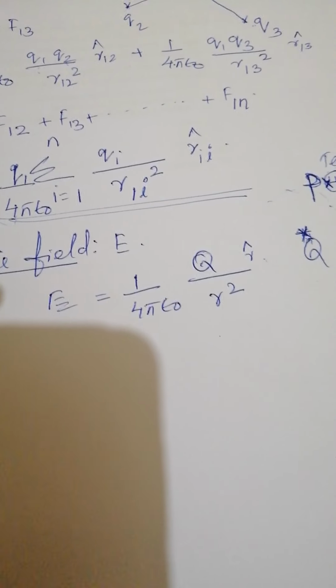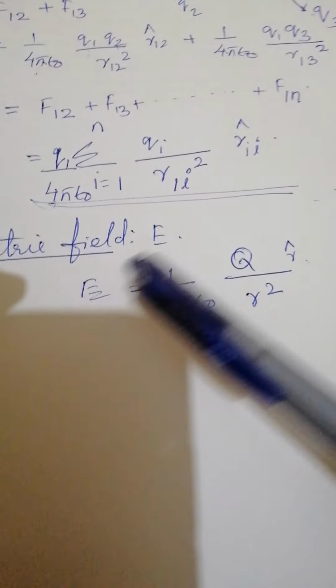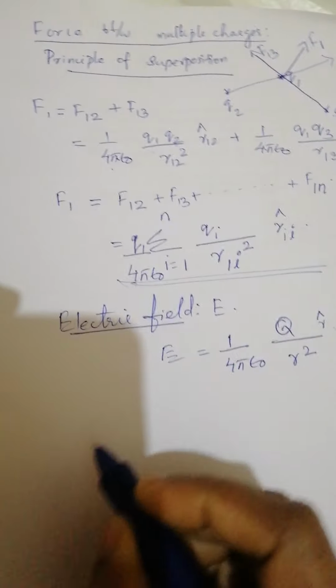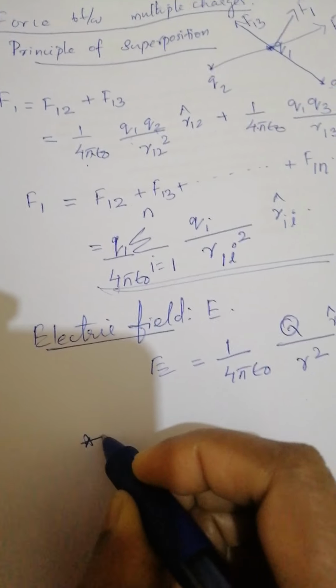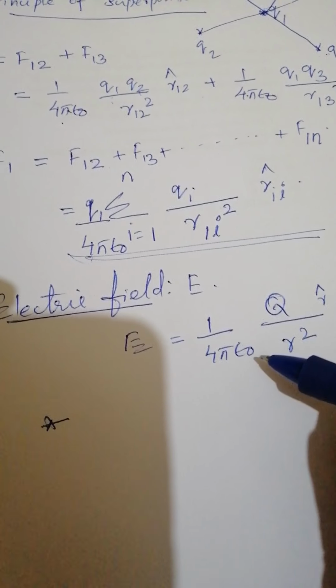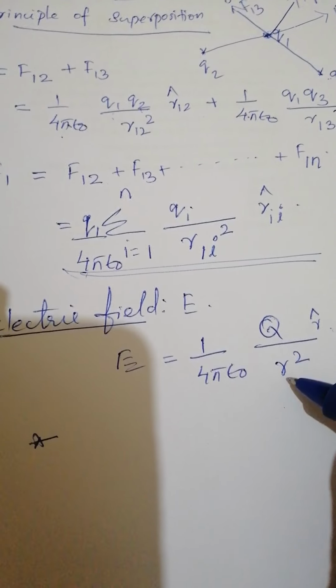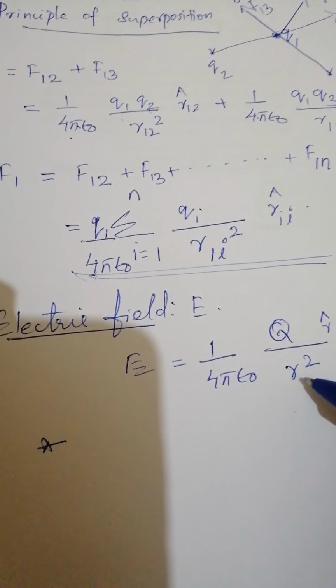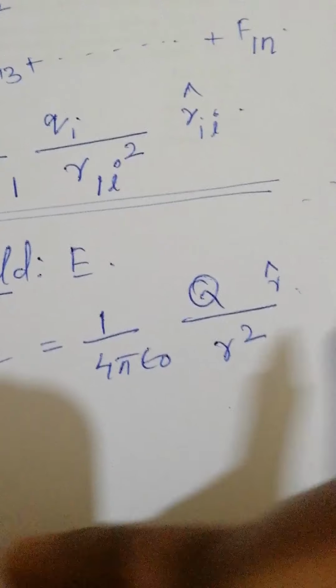Then what are the points associated with electric field? First point is that electric field, we know the equation is 1 by 4 pi epsilon 0 Q by R square. This is the equation for electric field. From this equation we can understand that electric field